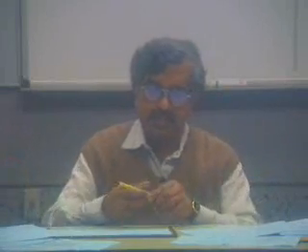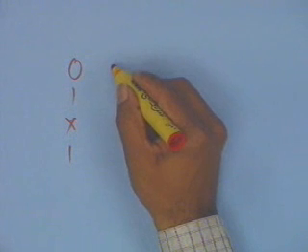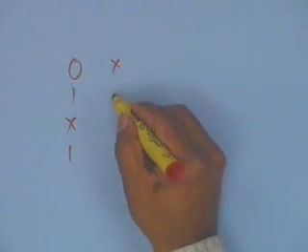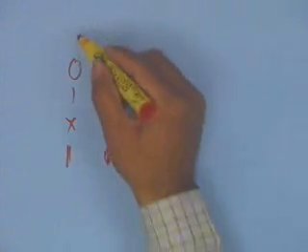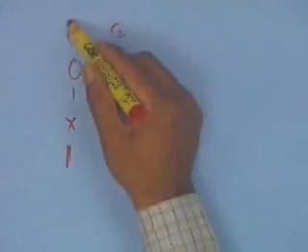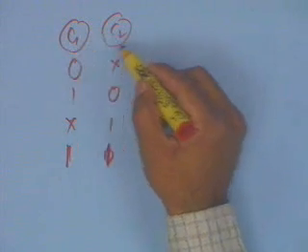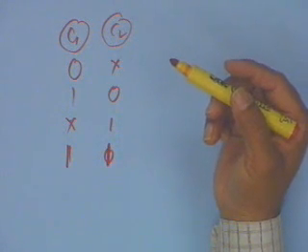It is possible that some of the columns may be compatible. The implication here is that you may have a column which is of this type, another column which is of this type. So these two columns are compatible because they do not require a value which is different, so this can still occur. So this particular fact will not be detected in the first stage. The reason it will not be detected in the first stage is,